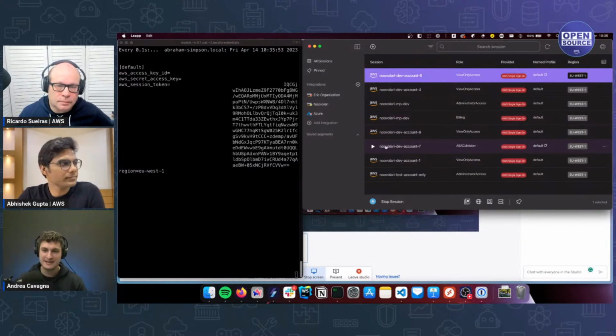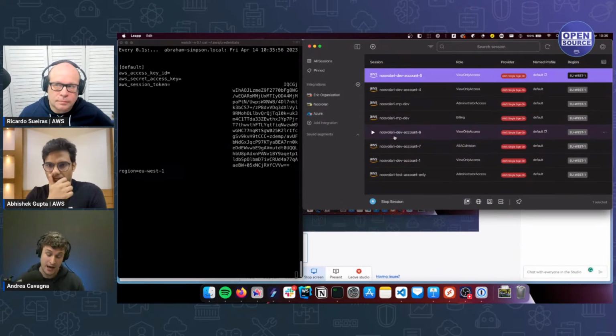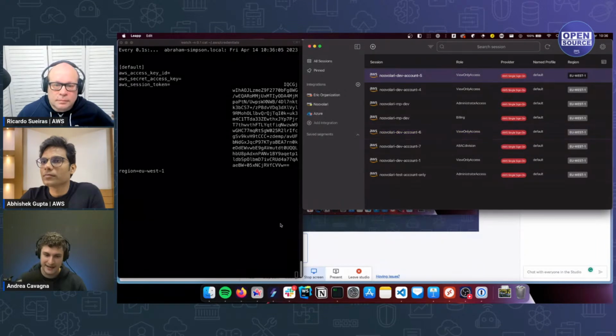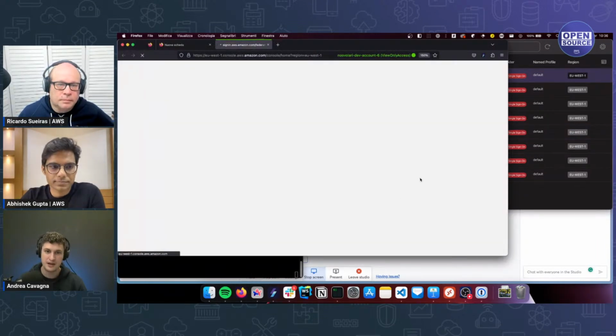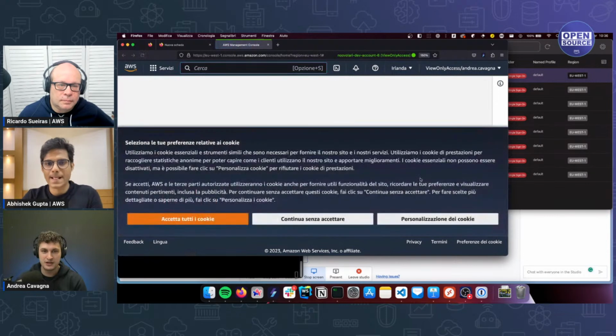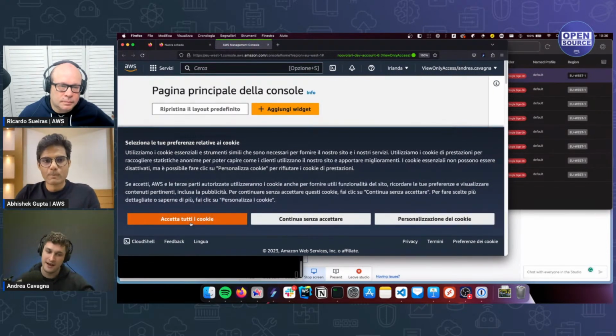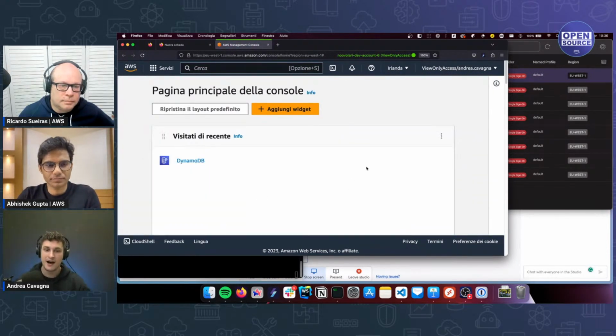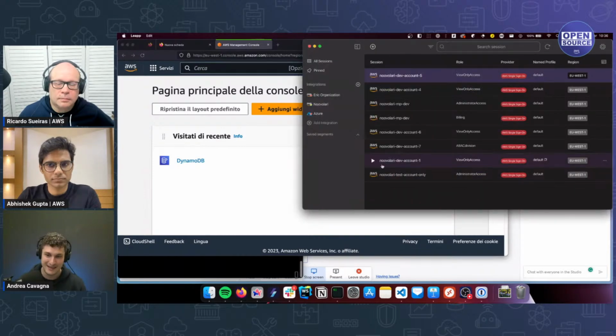So we even created a browser extension that works with Chrome and Firefox, and with command click I can access the console without re-login into the console, because I'm using the credentials already in use, generated one time by Leap.